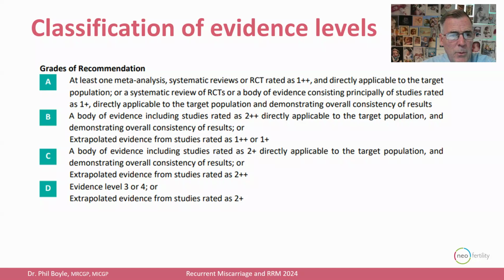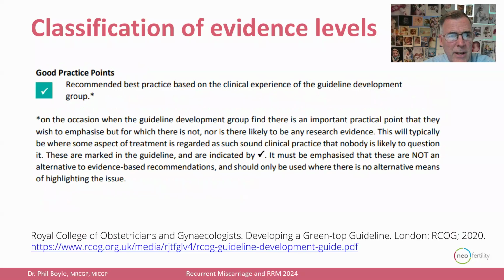So you can have a 1++ grade A is the best of the best, and a 4D is lower level evidence. And interestingly, sometimes they just recommend best practice based on clinical experience, because there is no published evidence to support what is accepted as best practice. But they try to leave this as infrequent as possible. And they still put the onus to say we must try to look at the published evidence to have objective proof to validate the things that we recommend.